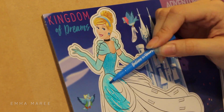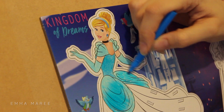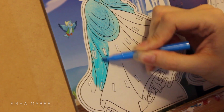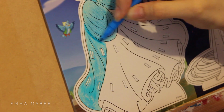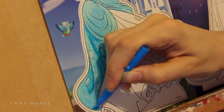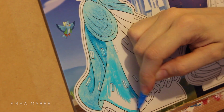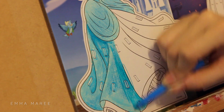But with her dress, she has some lighter blue areas, but then darker blue areas. So there were bits on her shoulder there that were very light. There's the two round things on her hips, I guess. They're supposed to be lighter, I believe. But then the main part of the dress is a bit darker, so I tried to do one layer, wait a little bit, and then go over again in the shadowed area and just darken it up. The markers went kind of weird after I laid them over and over again,